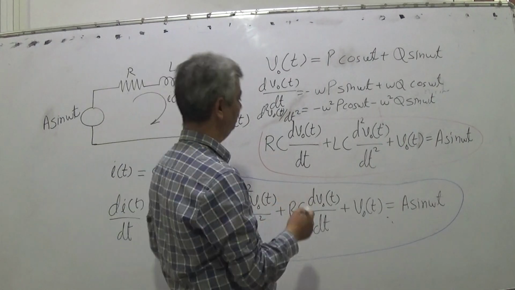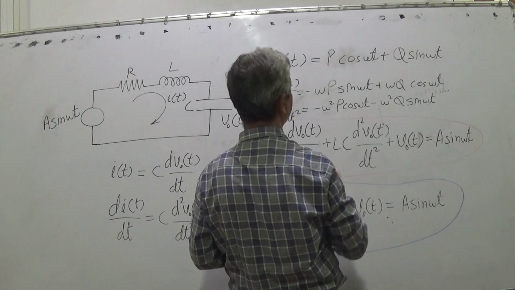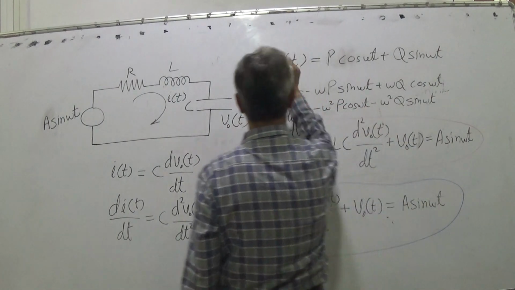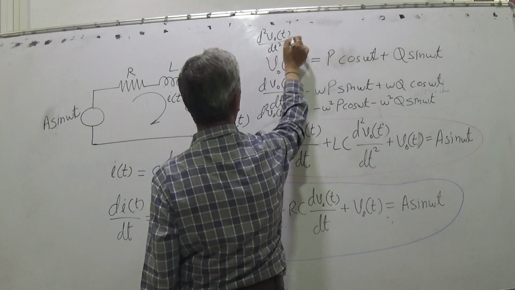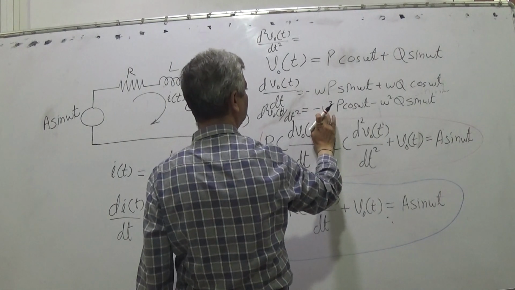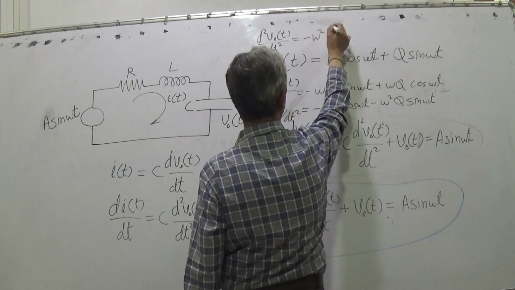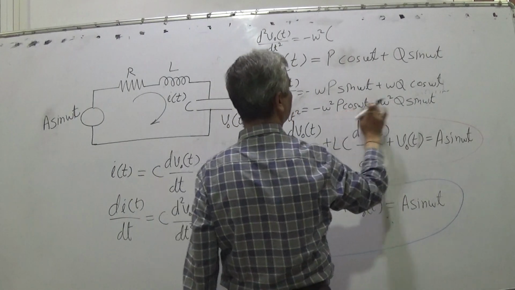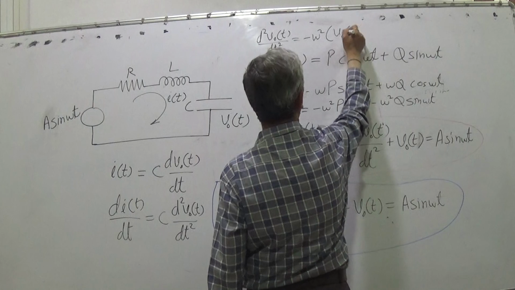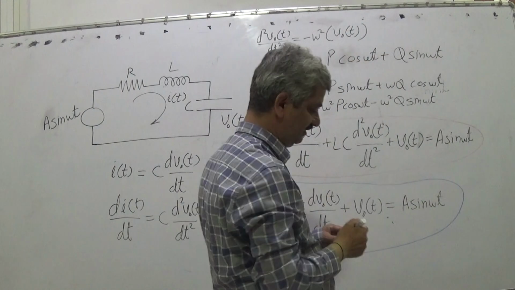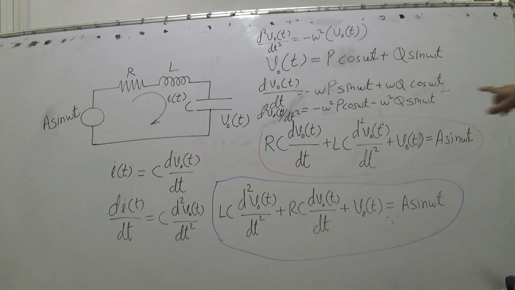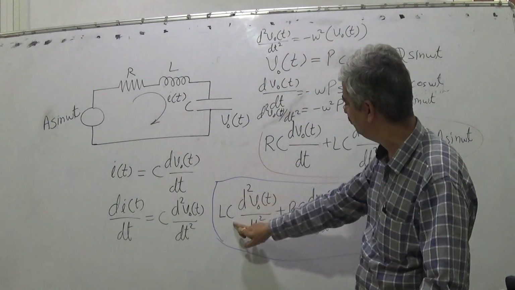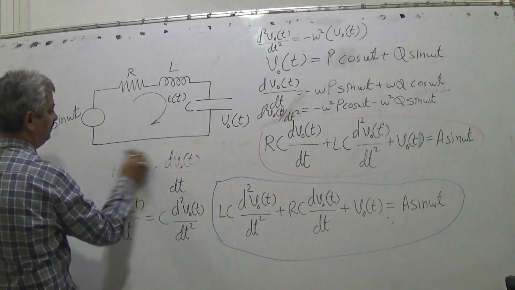So we get its second-order differentiation as the same. I write at the top, d2VOT upon dt square is minus omega square, comes out as minus omega square into p cos omega t plus q sin omega t, that is equal to VOT. Right? And then you can solve this further. You have to add d2VOT by dt square into LC, so we can have it on the left hand side.